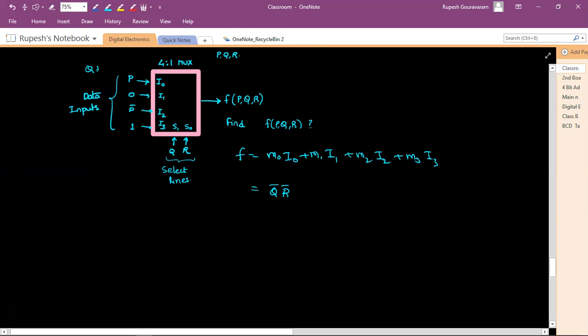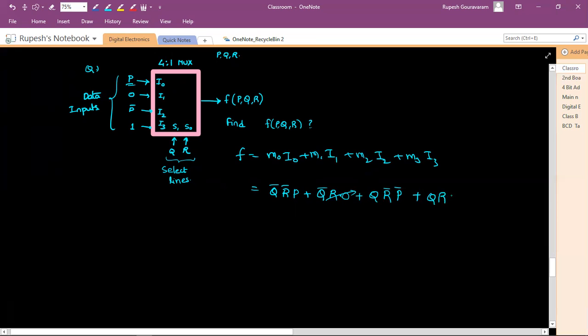Q bar r bar into I naught, and you can see I naught is P here, plus M1, which is 0, 1, that is Q bar R, and I1 is 0. Anything multiplied by 0 is 0. Then m2 into I2, 1 0, that is q r bar into I2 is p dash, plus m3 I3,